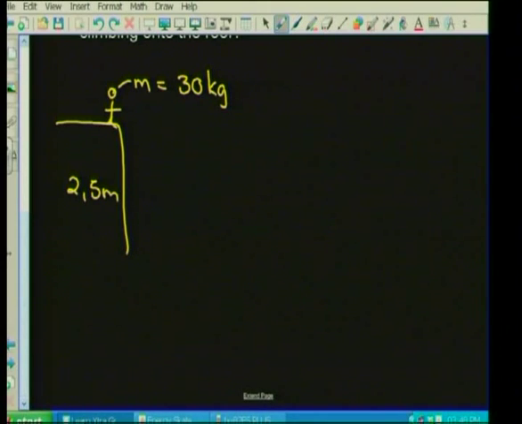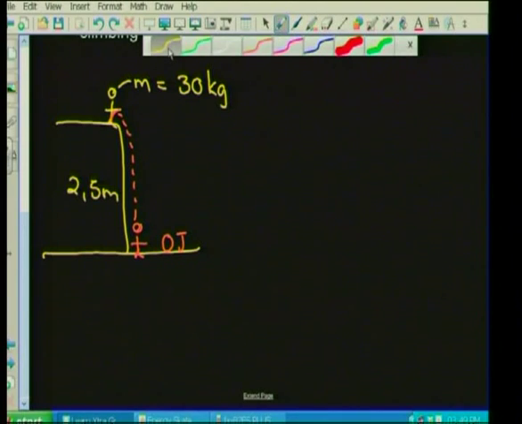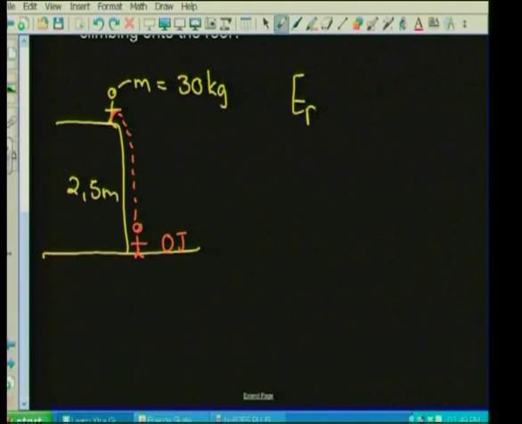He's gained potential because he's gone from a position, when we look at him at the bottom over here, he has 0 potential energy because he's on the ground. There's no height. Anything times by 0 is 0, okay? He now climbs up the roof, and by climbing up the roof, he gains potential energy, and that's what they're asking you to calculate. So we go back to the equation and we say, well, potential energy is mass times